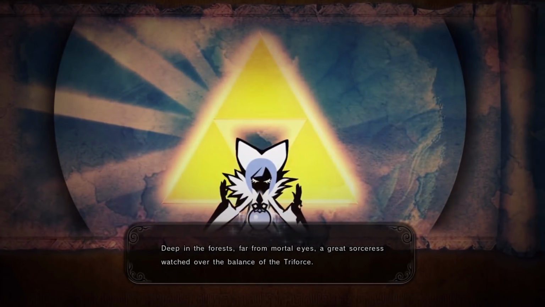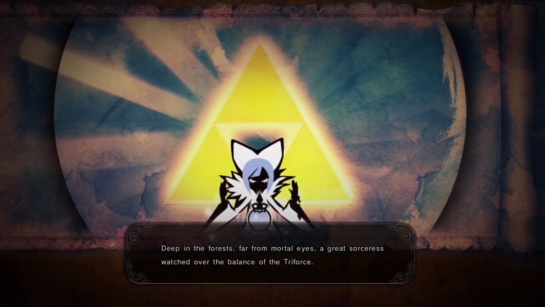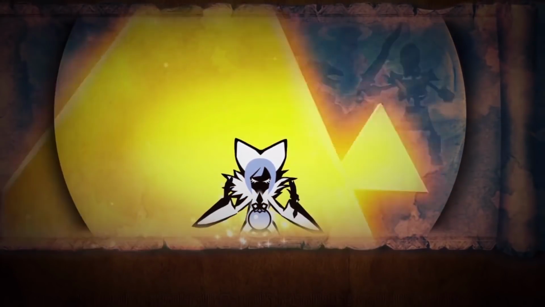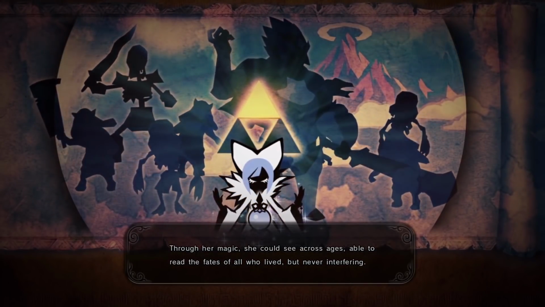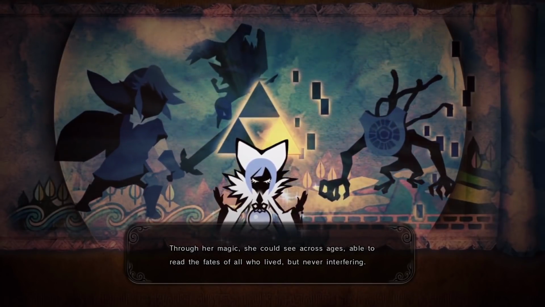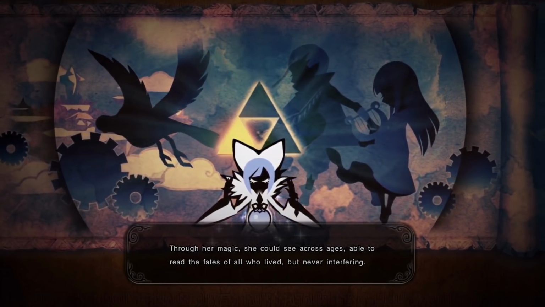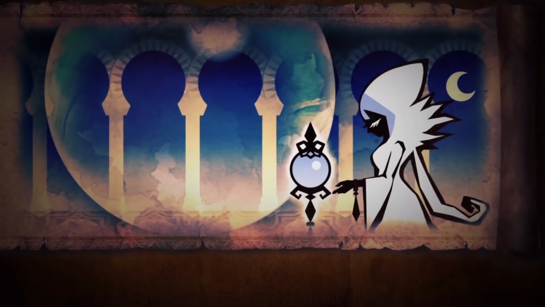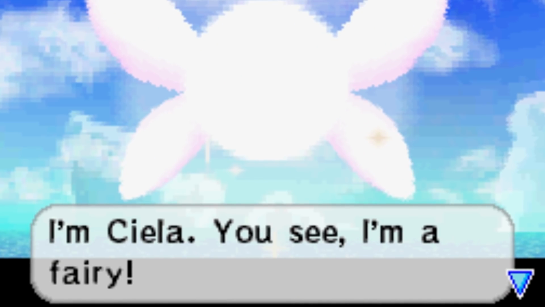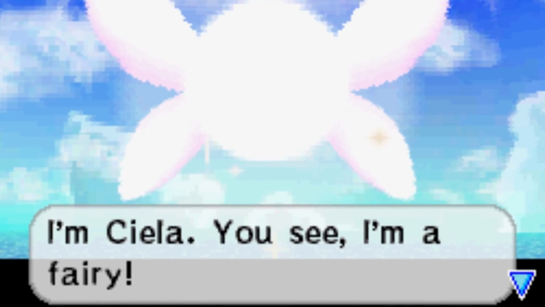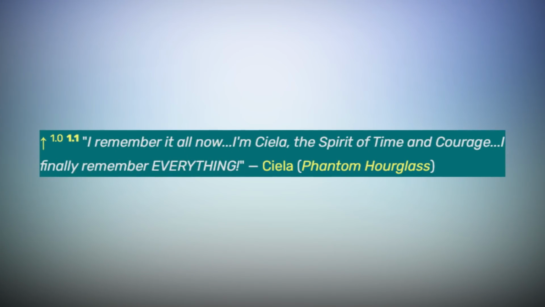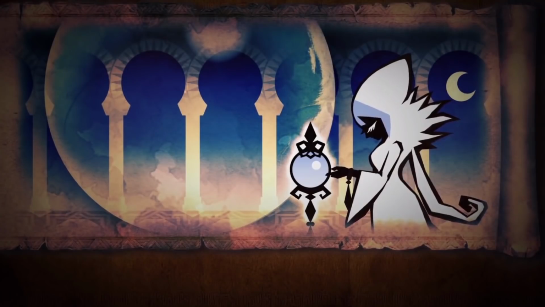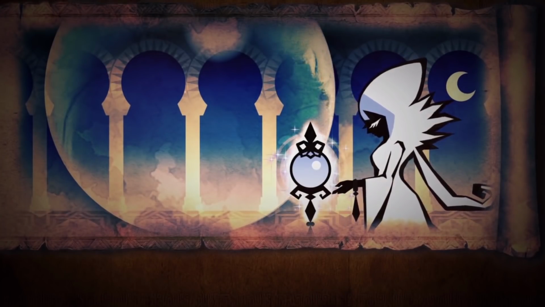However, deity beings with the titles of gods and goddesses can be looked at as guardians. So, whatever title the Goddess of Time has, whether that be goddess or guardian, she's still related to ruling and protecting time. Who this deity is isn't too important, but it feels nice to establish her as a character. Also, something important to note is Ciela, the fairy from Phantom Hourglass, is the spirit of time and courage. A spirit of time. Could the goddess/guardian of time have underlings?